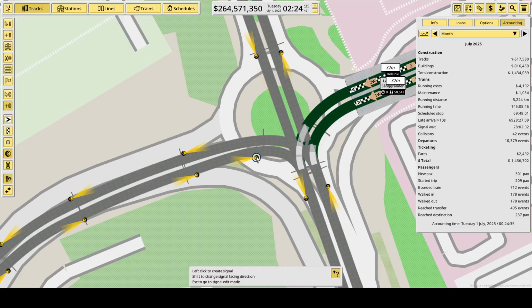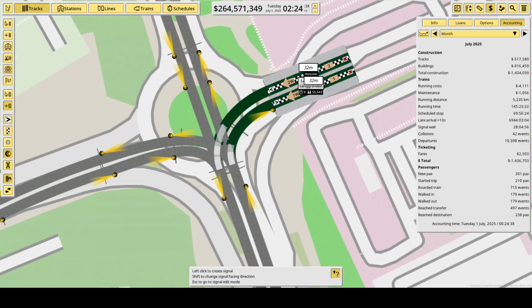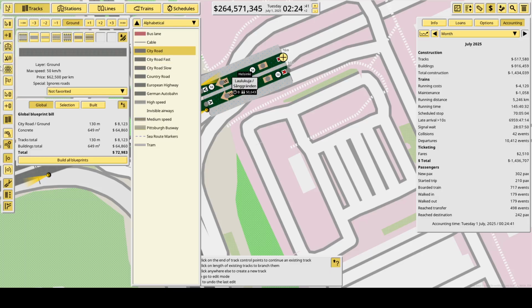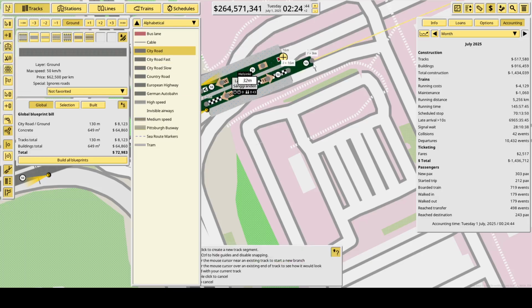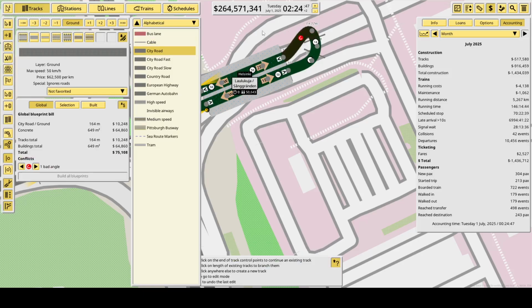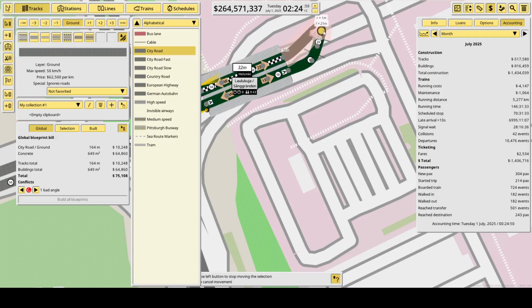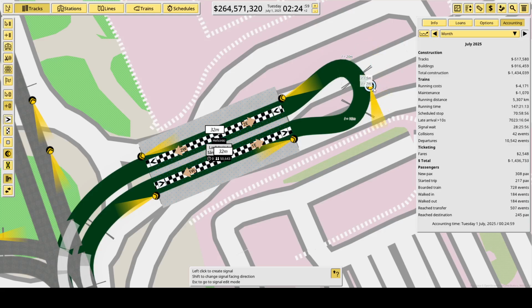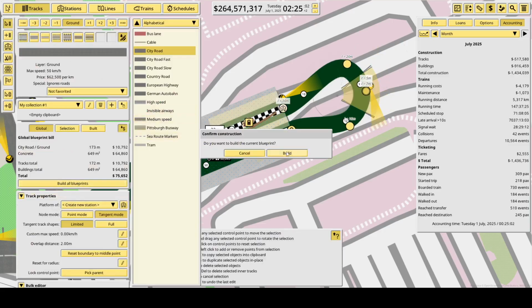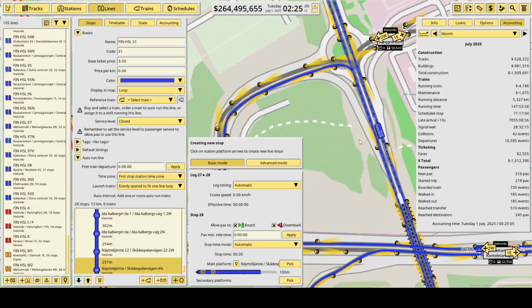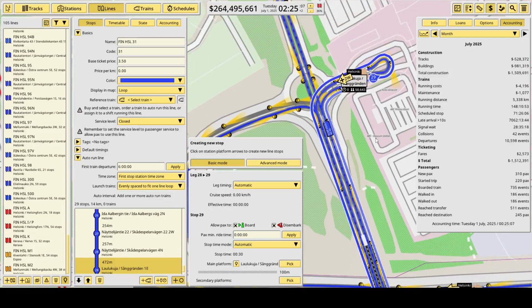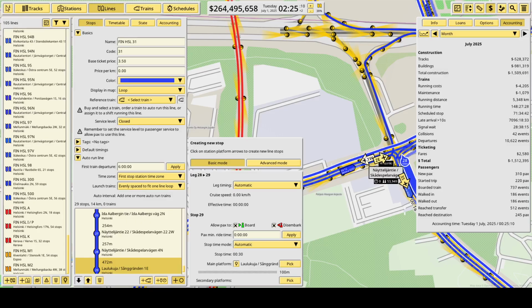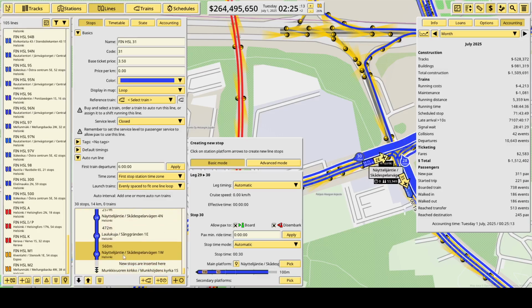Then we shall add some signals and a nice little loop. Okay, so you cannot be looping that way, I see. What about going through a loop like that? Wonderful. This is accepted. Excellent. And then let's build this little loop here, and then from näyttelijäntie we will loop it through there, and then we'll continue straight and stop again at näyttelijäntie. What is this? And then